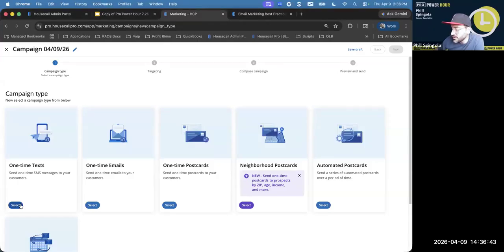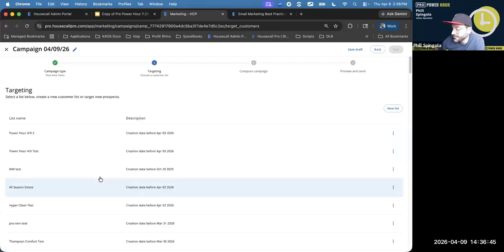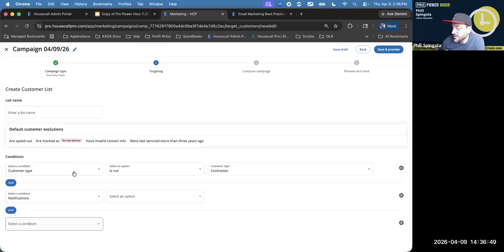So for text messages, it's just going to new list and then targeting. If you are not seeing this, it may be that you don't have access to it, but that doesn't make sense if you're telling me you're trying to set one up and you just can't make the list. So either you don't have access, or the other option maybe